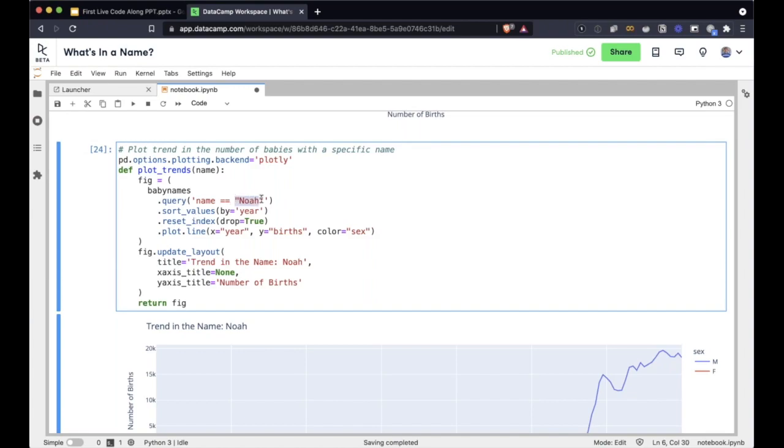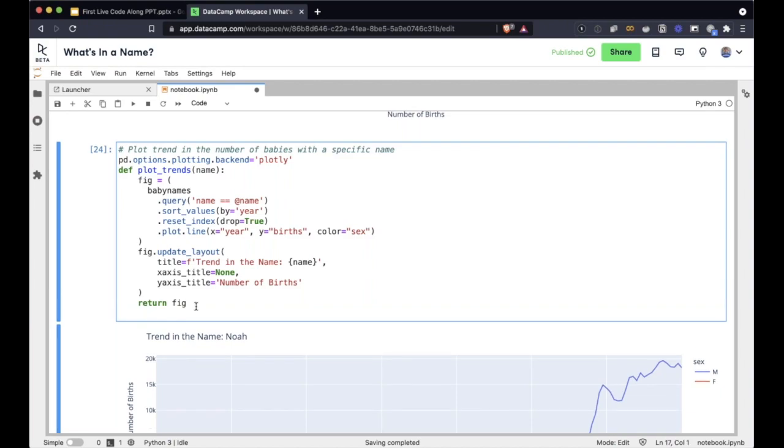And the few other fixes I need to do is reference the name, and the way to reference a parameter in a query is using @. So this is basically saying take the name and plug it in here. And for this one, I'm going to use an f string. I'm going to put the name in here.